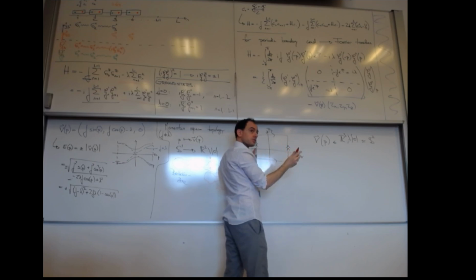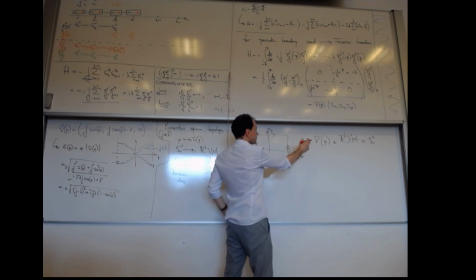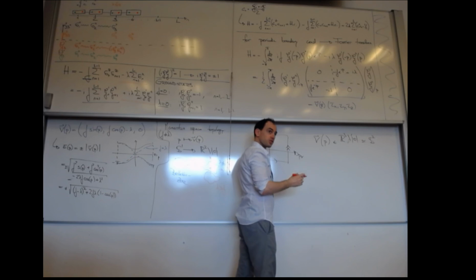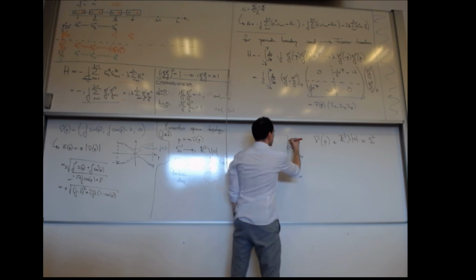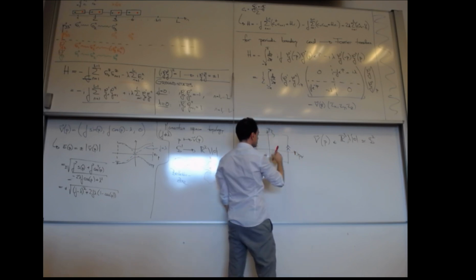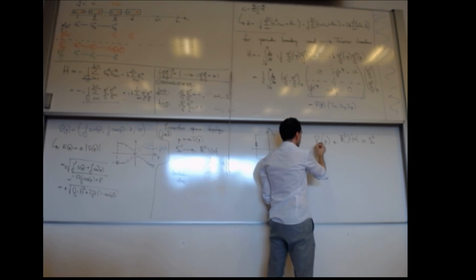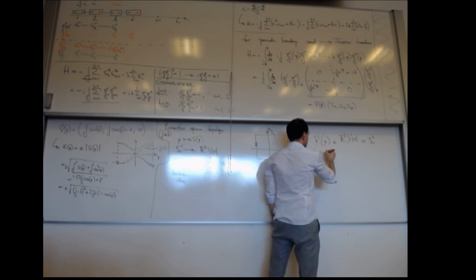Do you know what a skyrmion is? Do you know what a skyrmion is from experiments? Okay, so I'm drawing a topological configuration for you, which is non-trivial, where everywhere on the boundary the spins point out. Let's call this spin, or this unit vector,